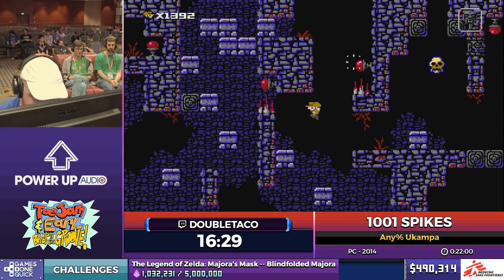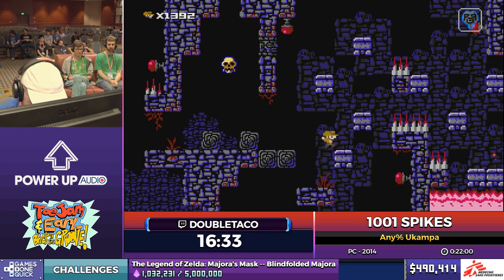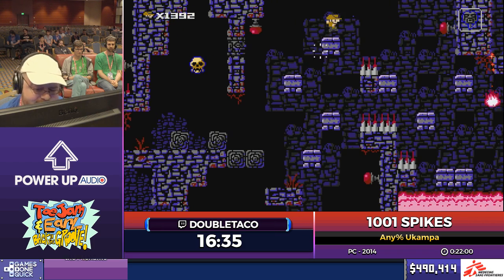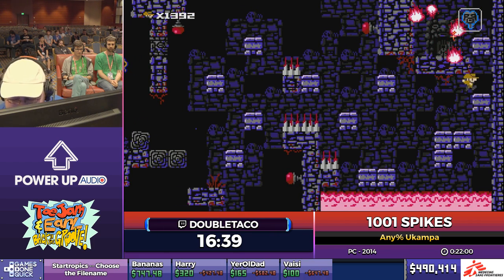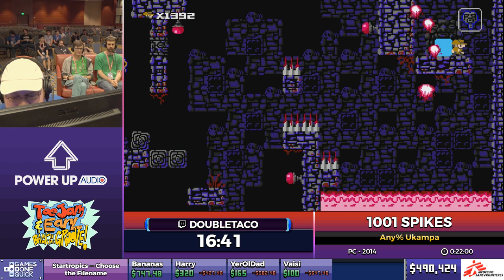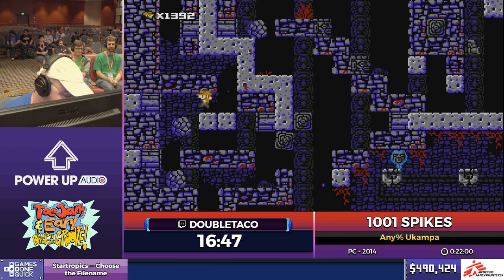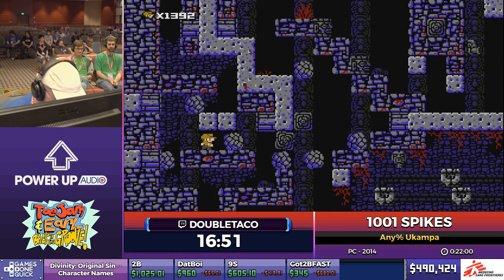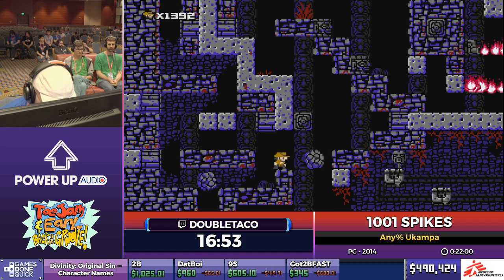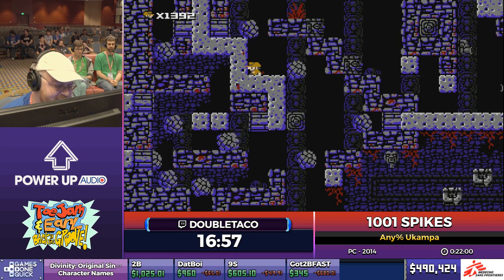That cue is pretty rough. All right, fireballs, play nice. Got a decent pattern. Nice. All right, 5-2 is another little breather stage before 5-3. 5-3 and 5-4 are back-to-back really hard